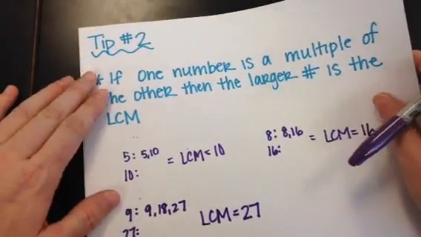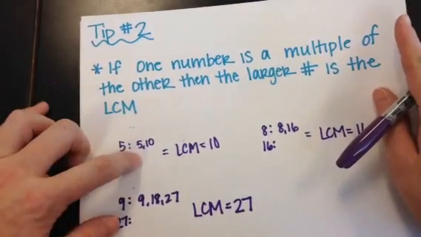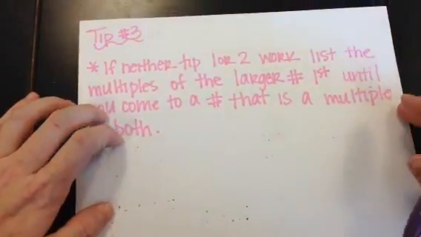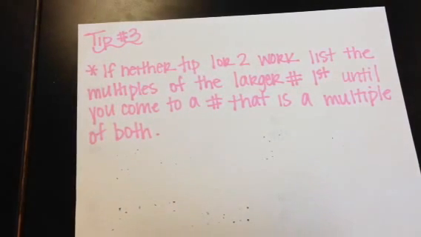But sometimes tip 1 is not going to work. And then you move to tip 2, and that's not going to work either. So for tip 3, if neither tip 1 or tip 2 work, you have to list the multiples of the larger number first until you come to one that is a multiple of both. So for example,